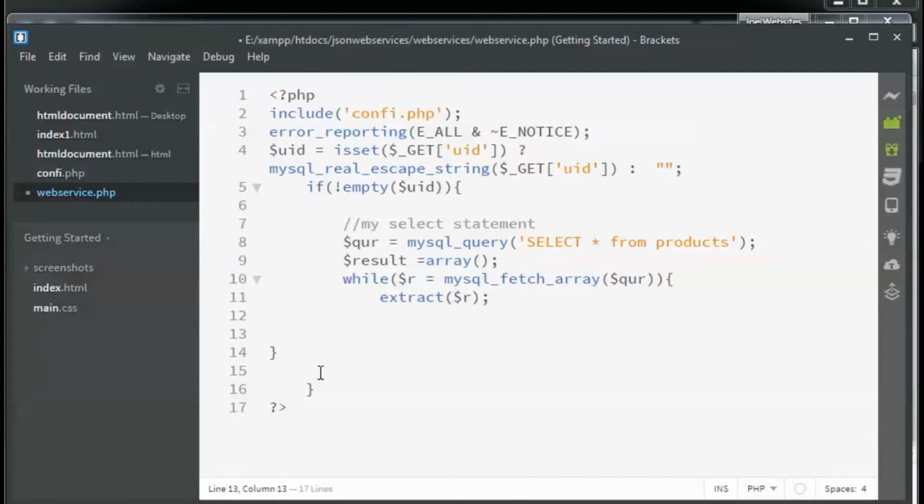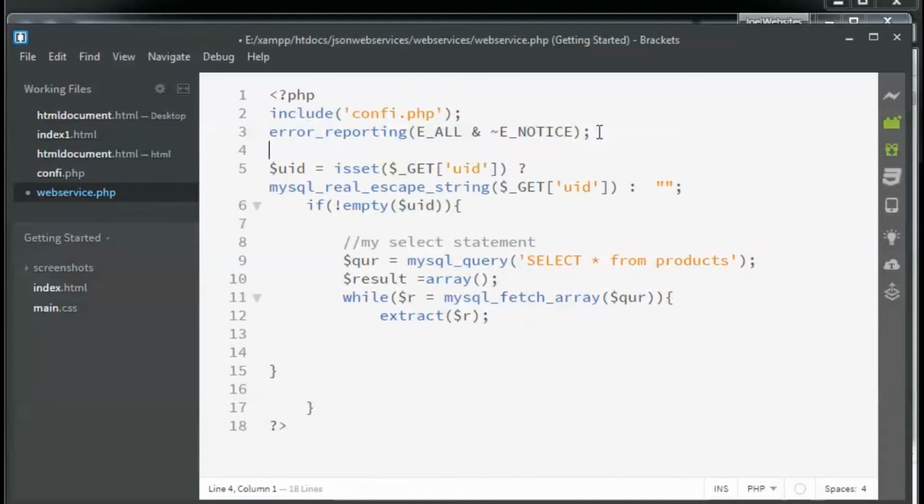So what we'll do is that we are going to create an array. To echo the JSON, whatever JSON data we got, we've got to create an array. So I'm going to show you how the array is created. I'm typing in the result PHP variable, and I'm going to make it of type array.